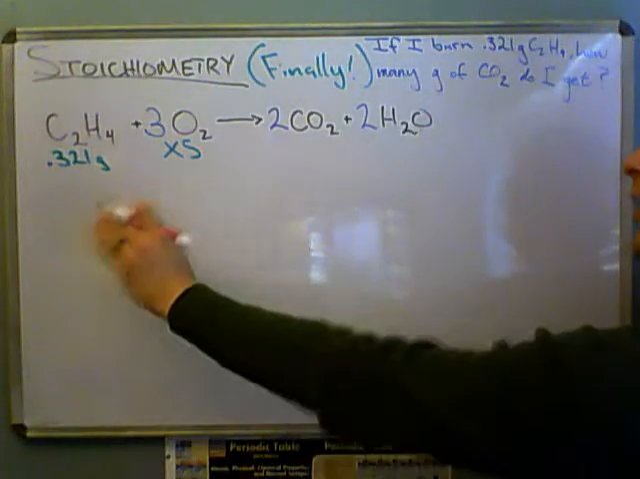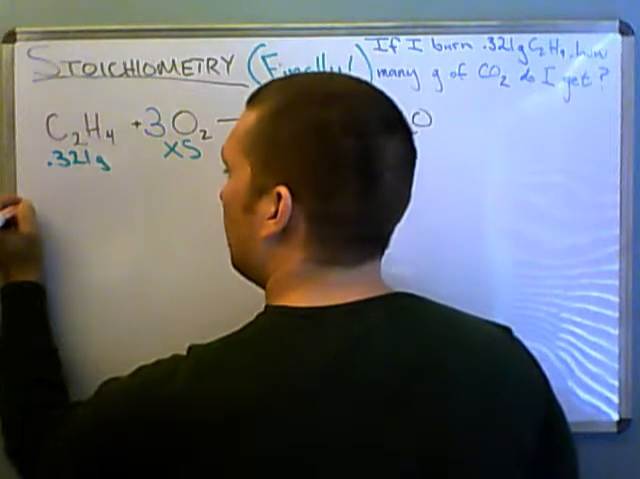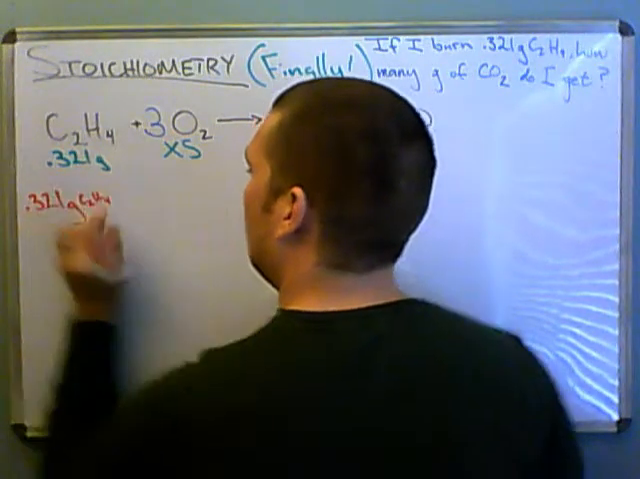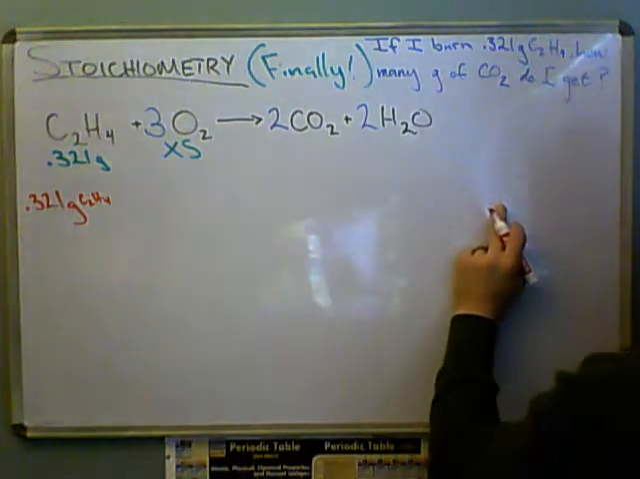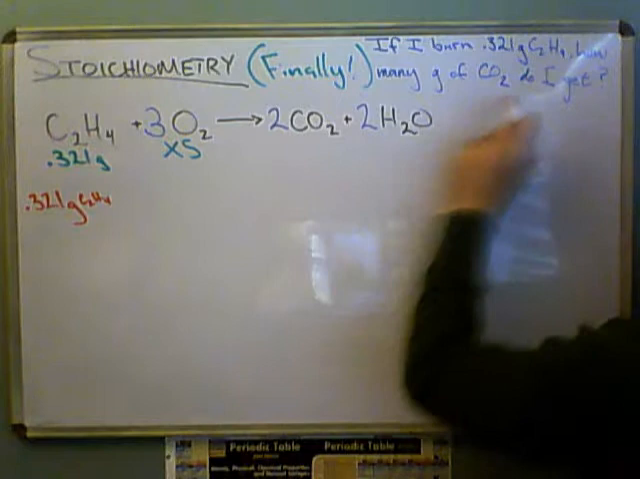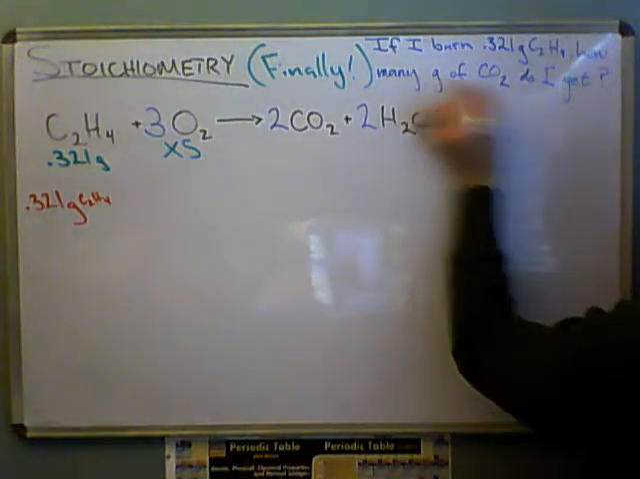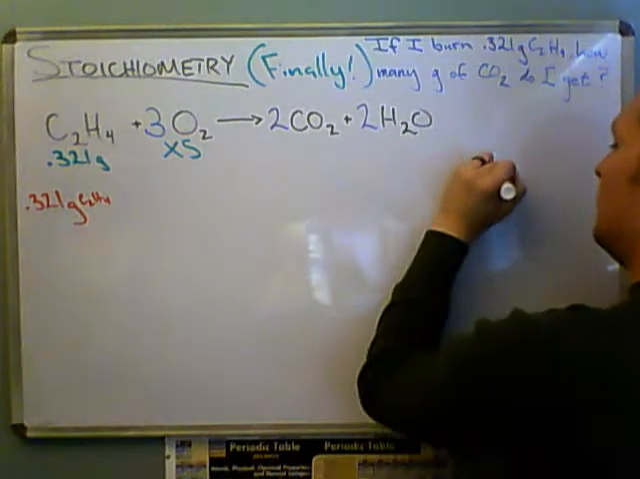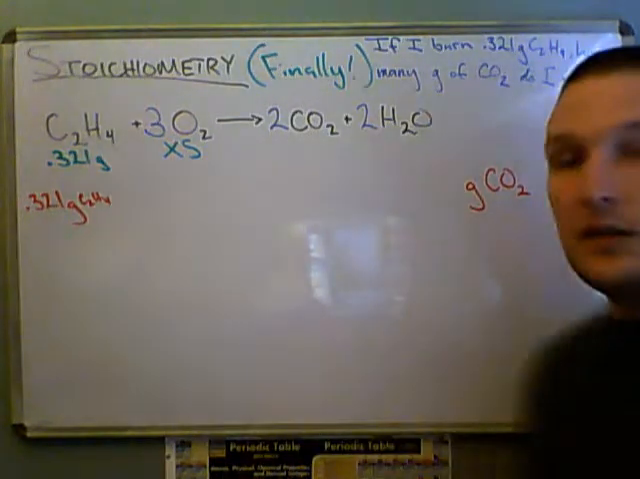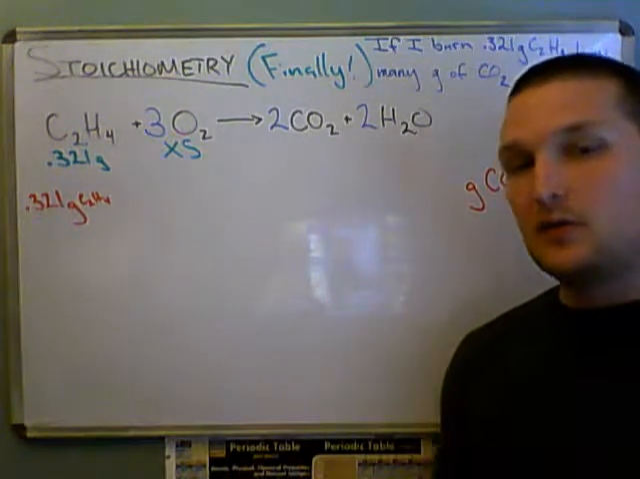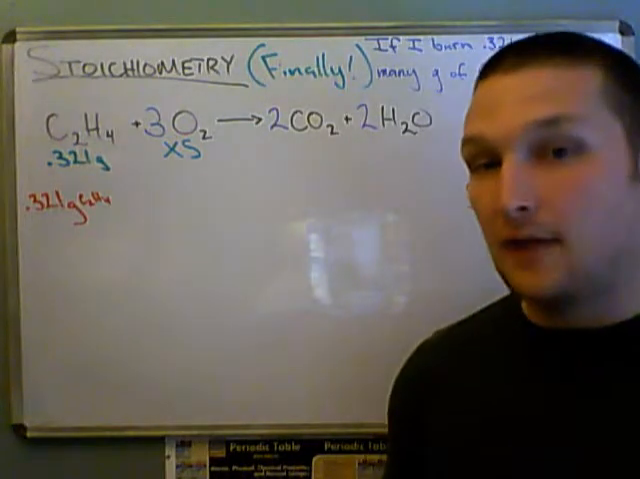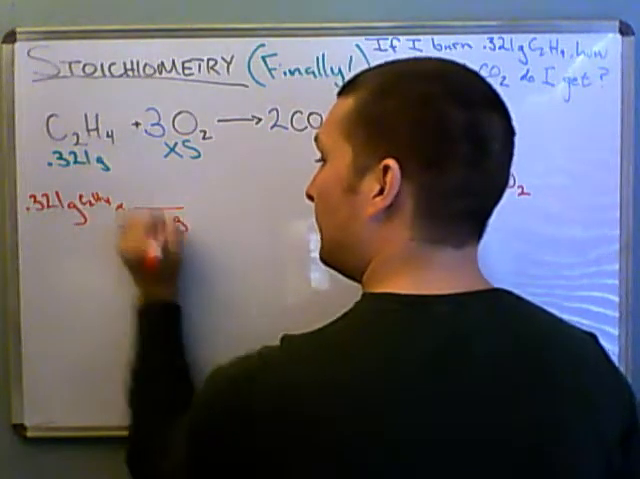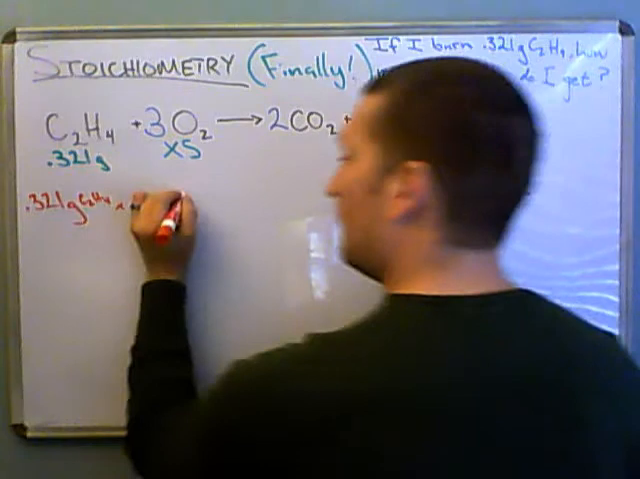I'm going to put what I know on the left-hand side, which is 0.321 grams of ethene. And then I'm going to put what I want on the right-hand side, which is grams of CO2, right? Because that's what it's asking. How many grams of CO2 do I get? That's what I want to know. So I'm going to put grams of CO2. Now we're going to use dimensional analysis to figure this one out. So the first thing we want to do, once again, grams to moles. So I'm going to put grams on the bottom and go to moles. And this is of ethene,